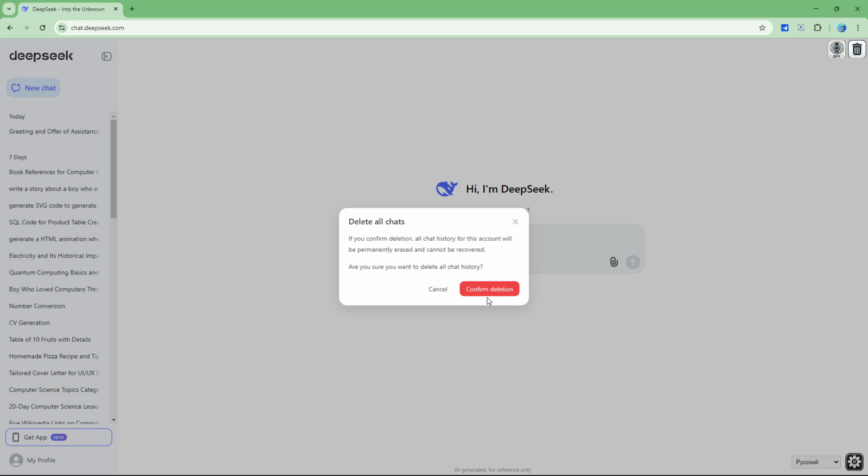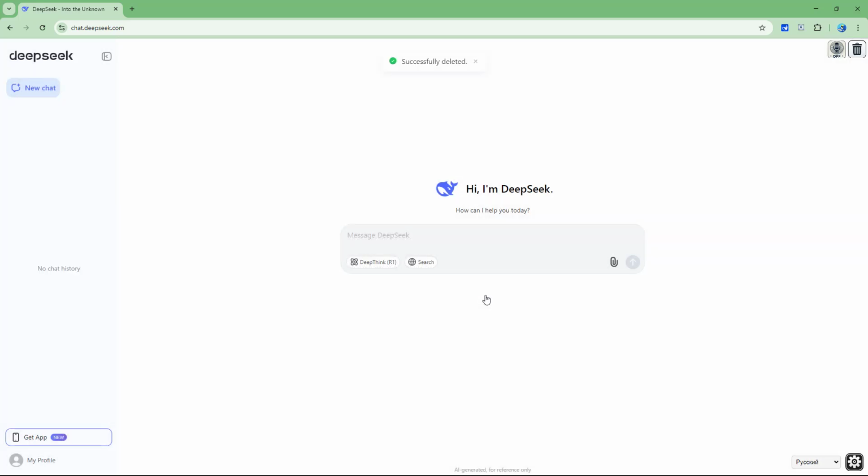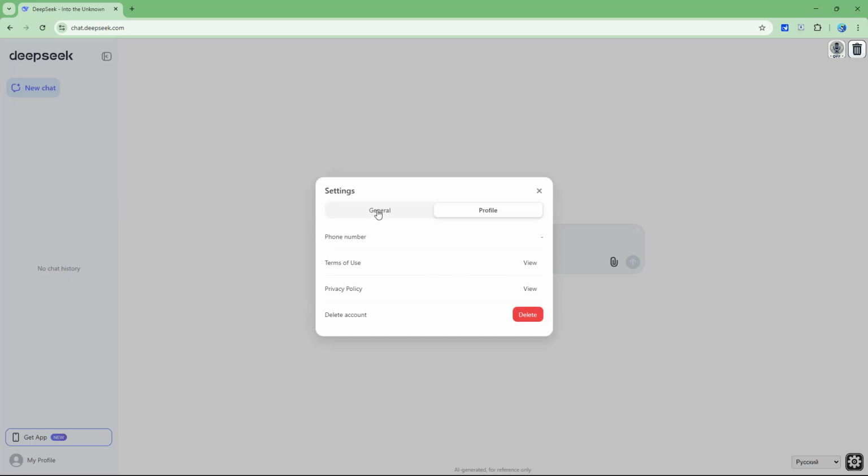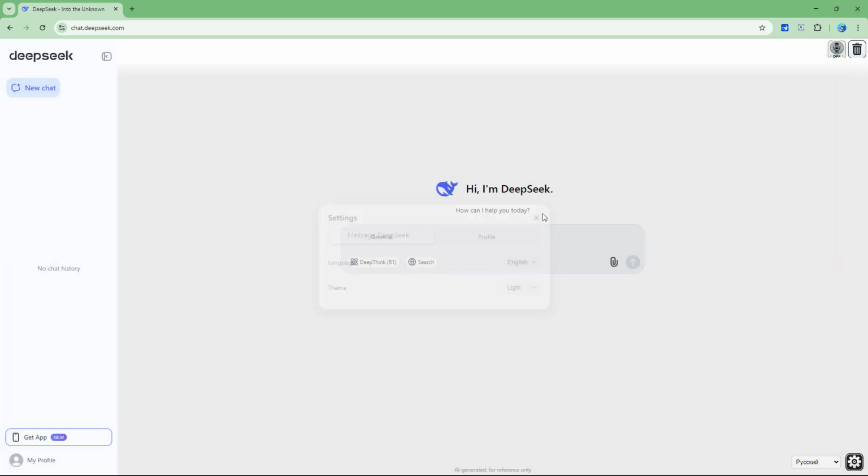So let me go to confirm deletion right here, and all of the chat history, as you can see, is gone. It cannot be retrieved anymore, so you need to be really careful while deleting the chats. But whatever new chat you do, let's say for example, if I were